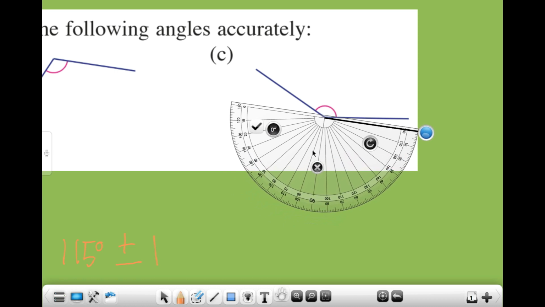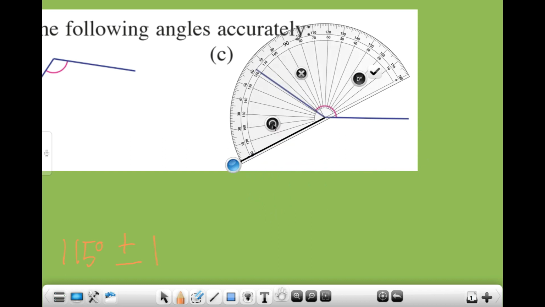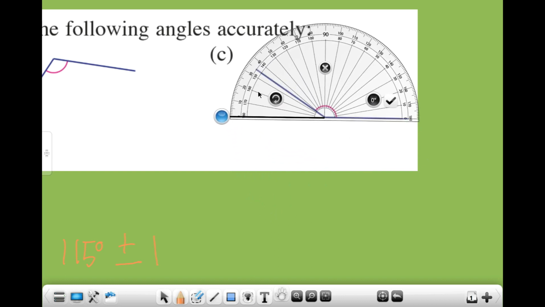Baseline. Very good. So I'm going to rotate my protractor until the baseline meets 0. It meets 0 already. I'm going to read using the interior scale because this is 0. I cannot read from here. If you read from here, you are going to get 35 degrees, which is not correct. So you use the interior scale, start the reading until this part, 140. It is half in between 140 and 150, so 145. So the answer is,